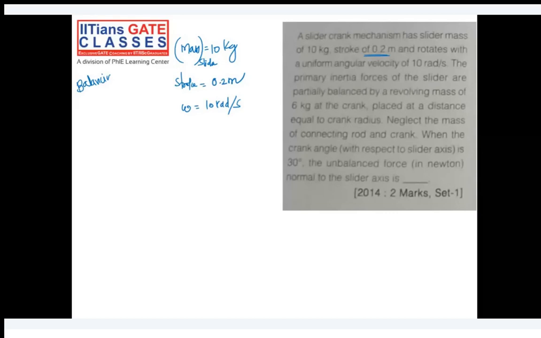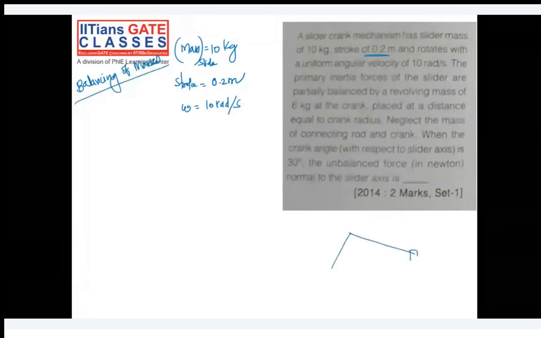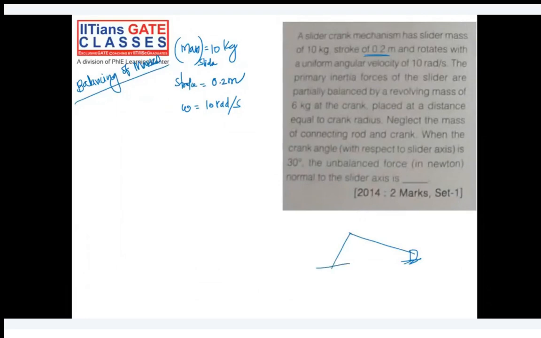Okay, so we have calculated the piston force, and from that piston force we are calculating the force in the connecting rod, and then from the force in the connecting rod we have calculated the force on the crank, basically at the crankshaft. So forces we have calculated, and we have seen what the unbalanced force is